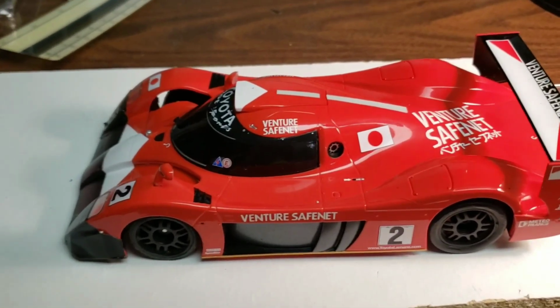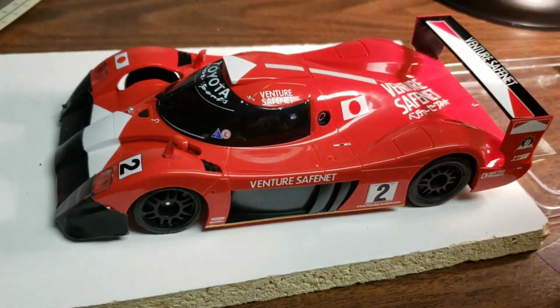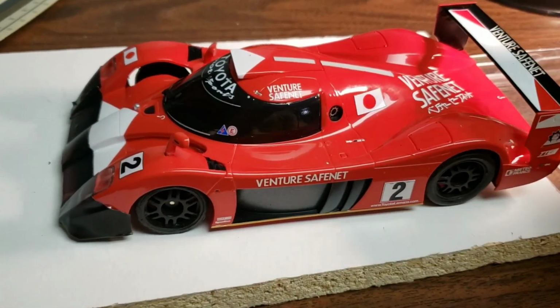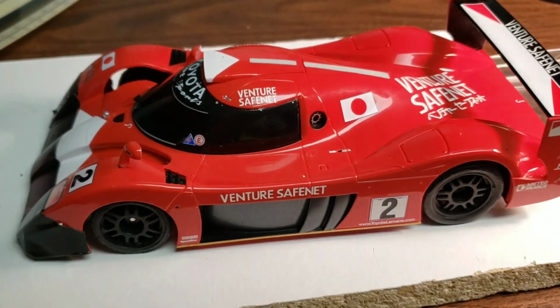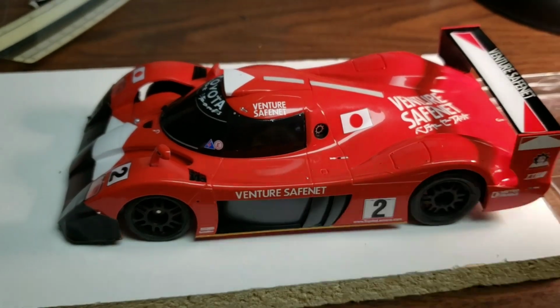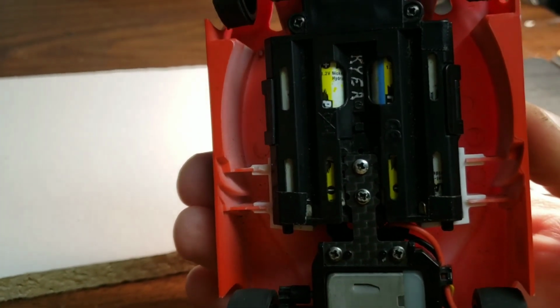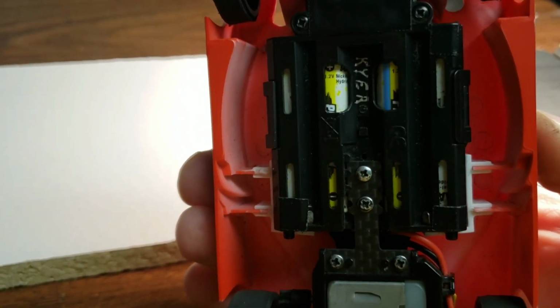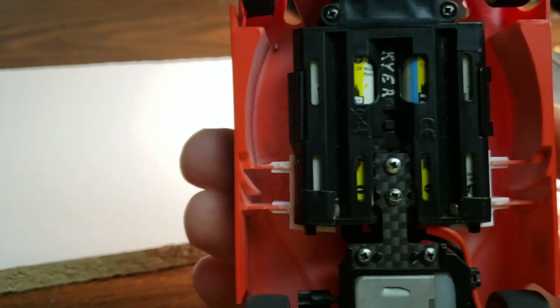Alright, I was a little bit bothered by the results of that last test. I felt like a wing that sits that high off the body should do something, make some type of downforce, something of any kind. So we've already determined that this is a very heavy body compared to others. Just a side note, if you look at the bottom, the rear body mounts are stuck out quite a bit from the body on sort of long extensions,